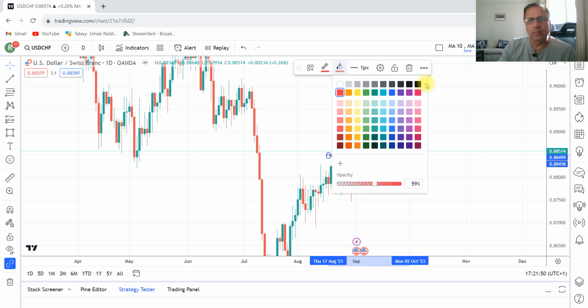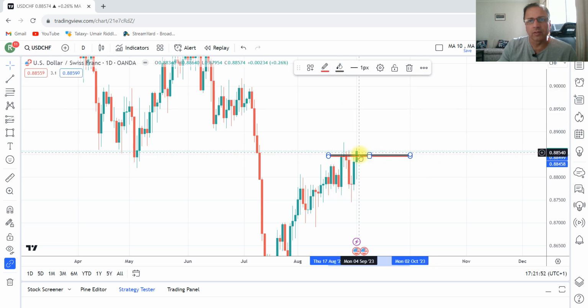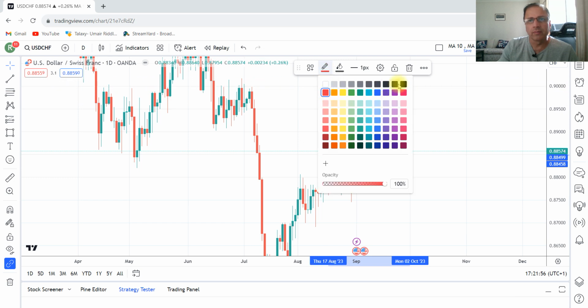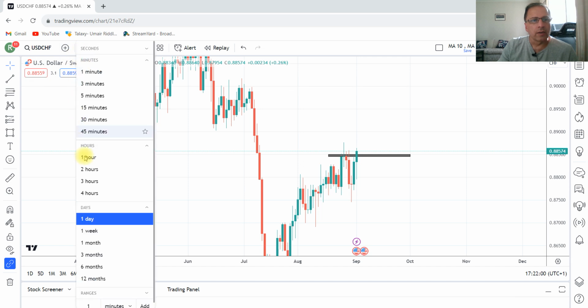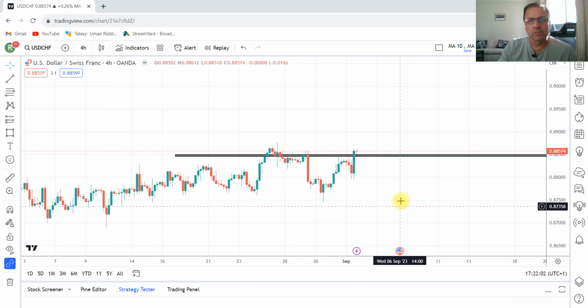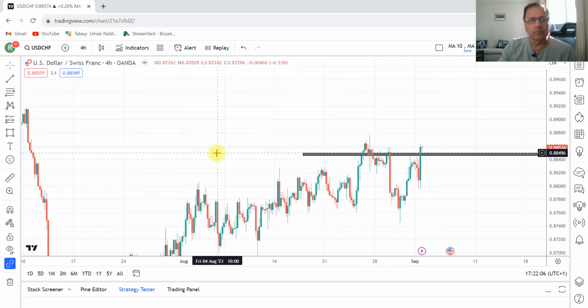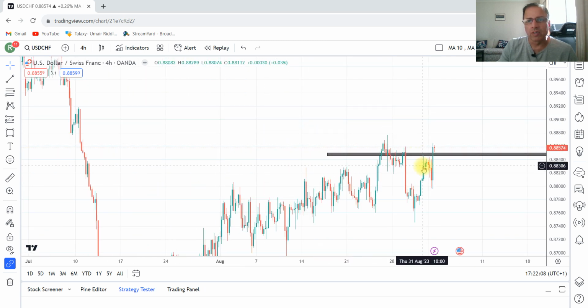On a daily time frame, this last candle has closed above this resistance level, and if you go on 4-hour time frame,